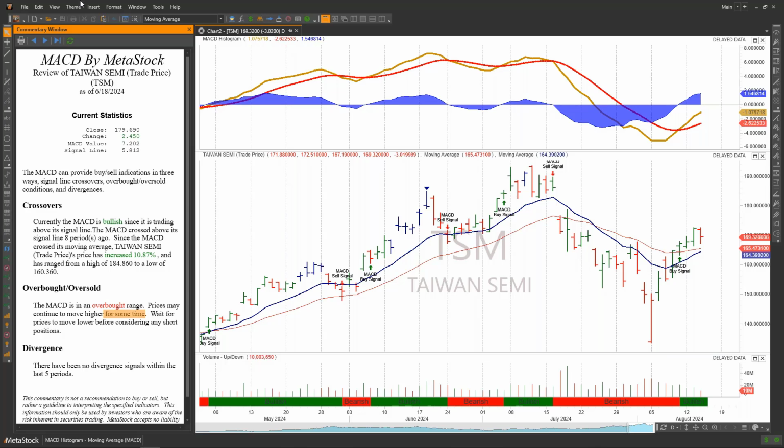Anyway, I lost my train of thought. Let's talk about the third way you can look at MACD, and that's what you would call MACD divergence. With MACD divergence, a great technician is Alexander Elder. If you haven't read his books, he wrote a couple of them. Come Into My Trading Room was awesome.